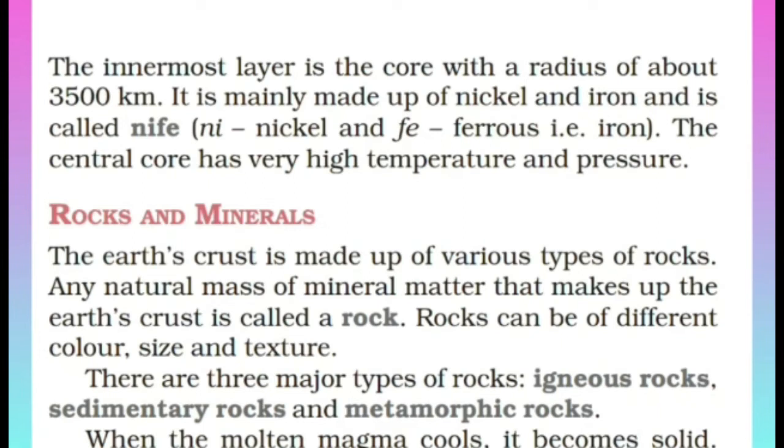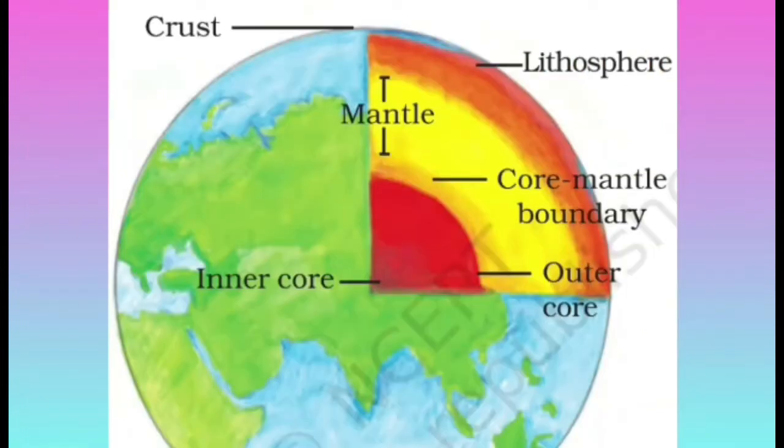Okay, the innermost layer is the core with the radius of about 3,500 kilometers. It is mainly made up of nickel and iron and is called NiFe: Ni for nickel and Fe for ferrous, that is iron. So the central core has very high temperature and pressure. As you can see in the picture here, the core is in the center of the